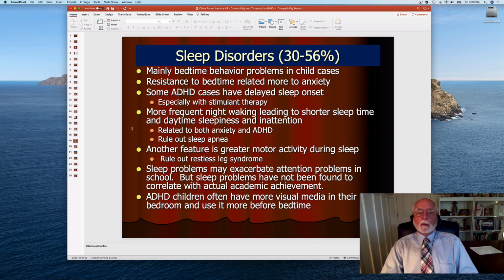Another disorder, more common with ADHD than autism, are sleeping difficulties, as I've already mentioned. These are more likely to occur in ADHD children who have anxiety, but about 40% on average of ADHD children do have serious sleeping problems. Some of them, perhaps half of them, these are bedtime behavior problems, getting the child to obey at bedtime, to change out of their day clothes into their sleepwear, to stay in the bedroom without being disruptive in order to allow sleep to overtake them and occur.